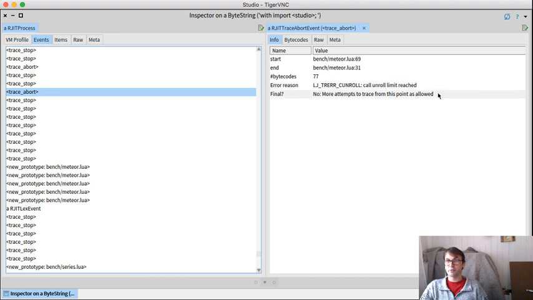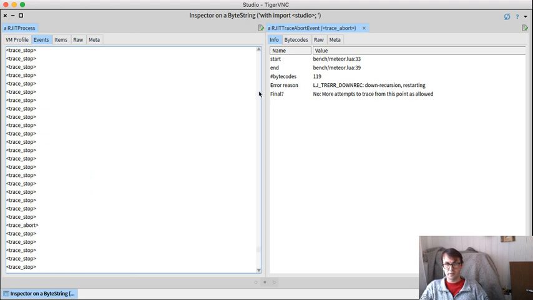Then we have this final flag at the bottom, which is kind of nice. This tells us did the JIT treat this as just a glitch that's going to be tried again later, or did it consider this to be final, that we shouldn't do any more tracing? So this was not final, so we don't have to necessarily worry about that. It's normal for the JIT to try a few things that don't work out and then find something better, but it's problematic if it persists and eventually it blacklists some code by saying that it was a final stop. So if we just click another couple of aborts,